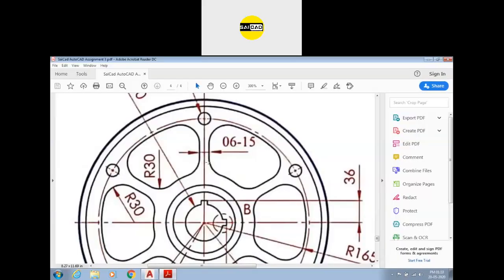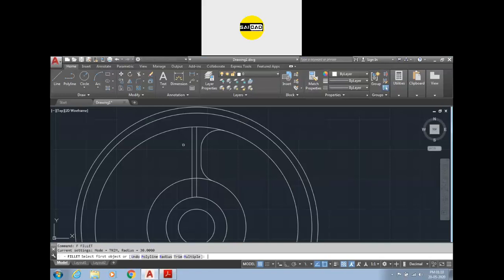So this one shape is ready. We need to create this one shape here, or we can just create this one and create a copy of this like fillet here and here. After that, just trim out this one